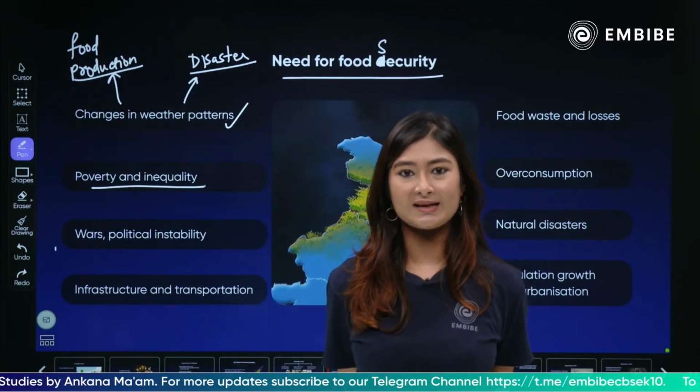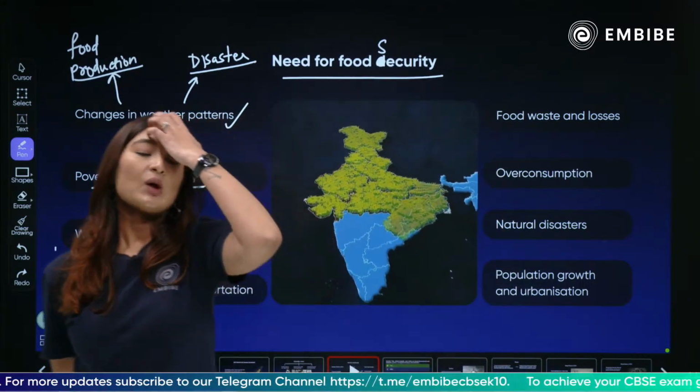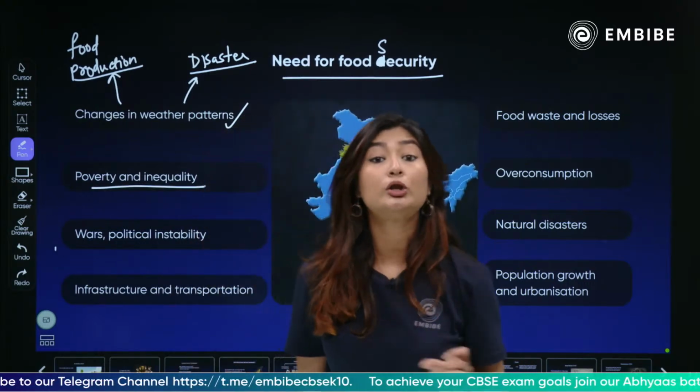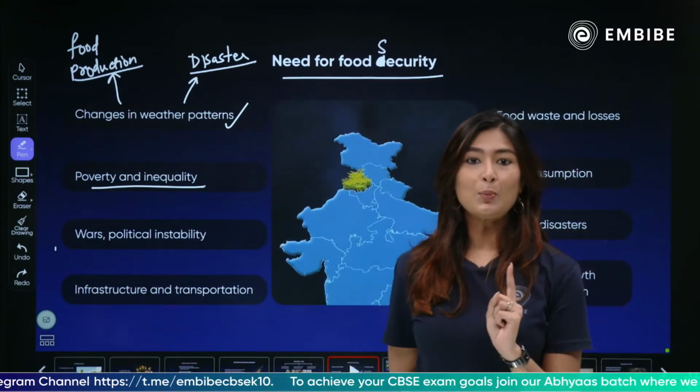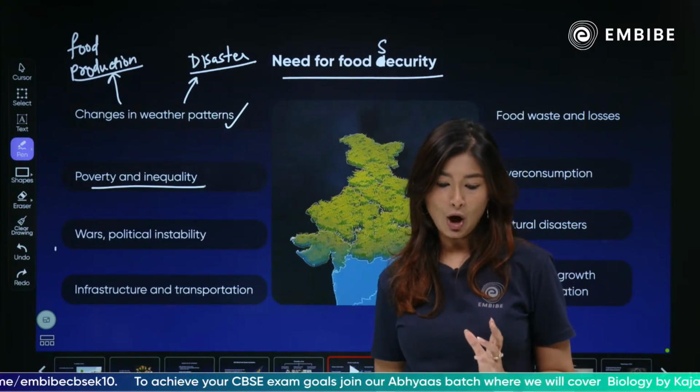Okay, 20%, 22%. Wonderful, that's closer. So around 10 to 12% of our population is below the poverty line. But for 1.4 billion of population, even 10% is a lot.